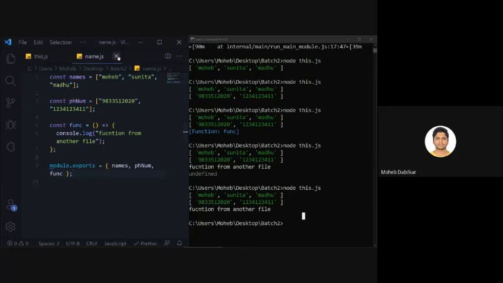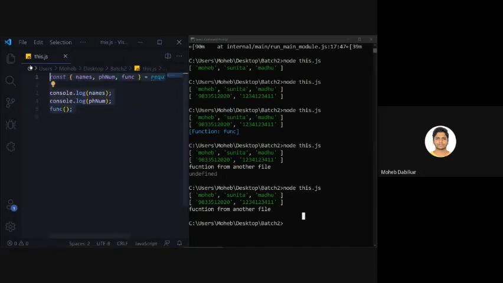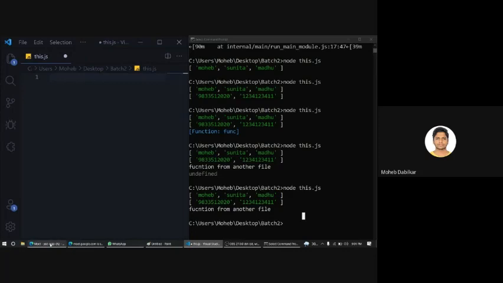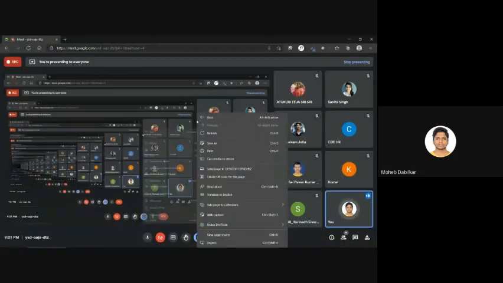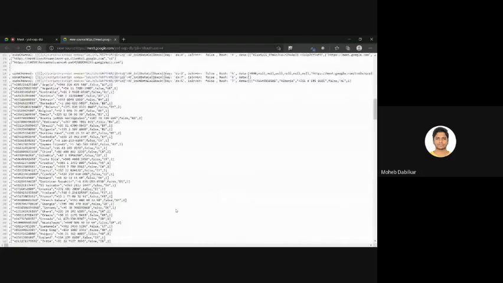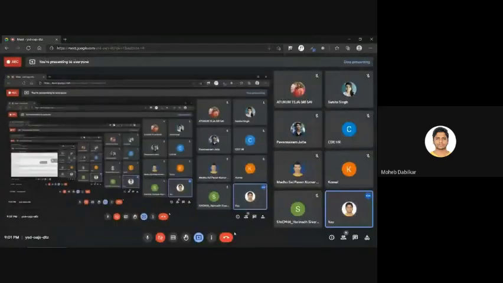Now that we know how to import and export files, we will start learning about actual Node.js. We will start with our global object, and our OS object. There are things that Node.js provides for us under the hood. Right now, if I open up my Google Meet and go to the view page source part, you see we get this very big file. Now this has been compiled so that the browser can read it.